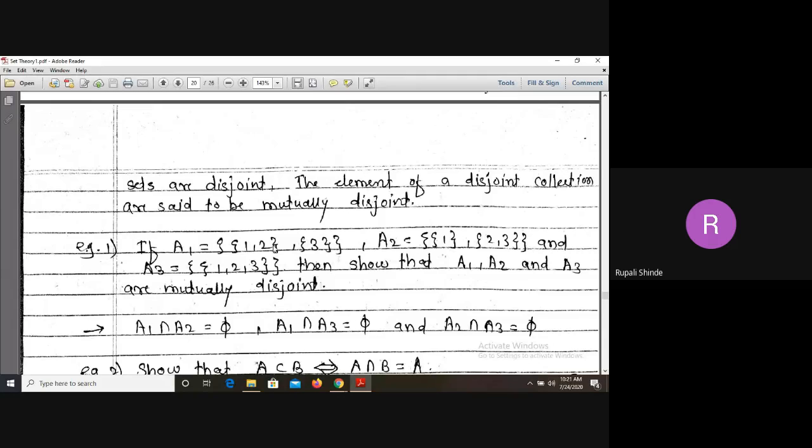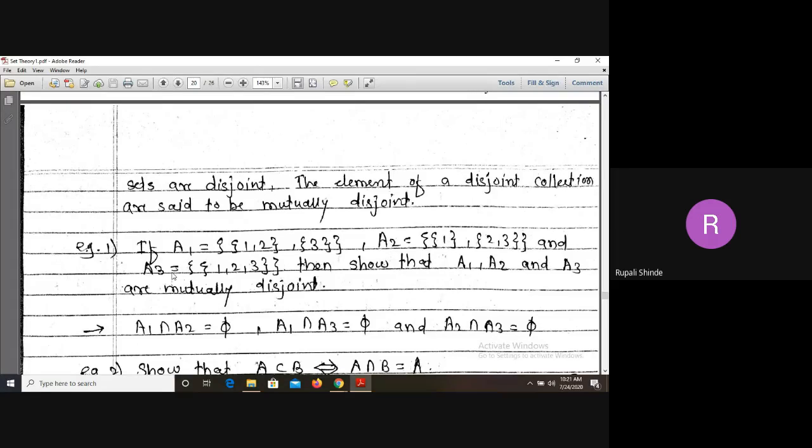No, nothing is common. That's why we can say that A1 intersection A2 equals phi. That's why this pair is mutually disjoint. Again, if we consider the second pair as A1, A3, now check whether anything is common between A1 and